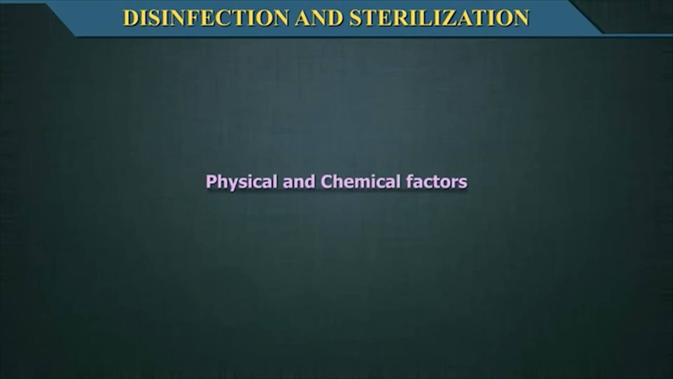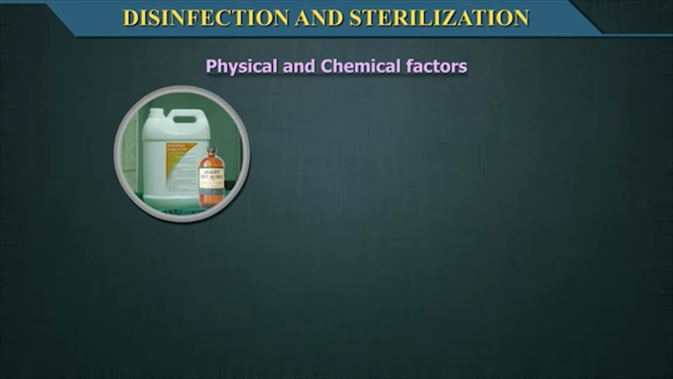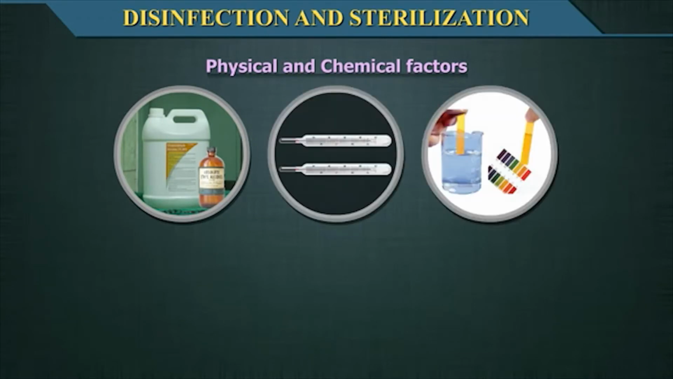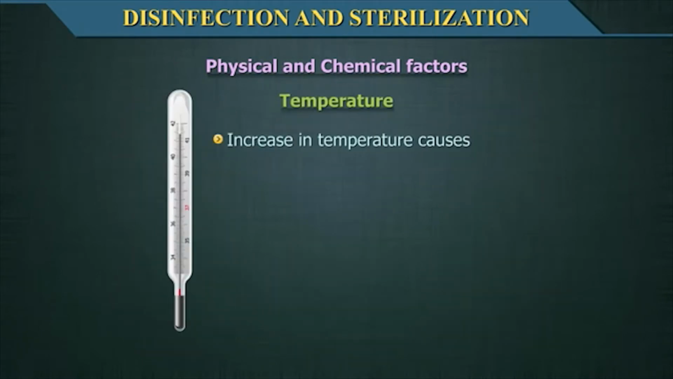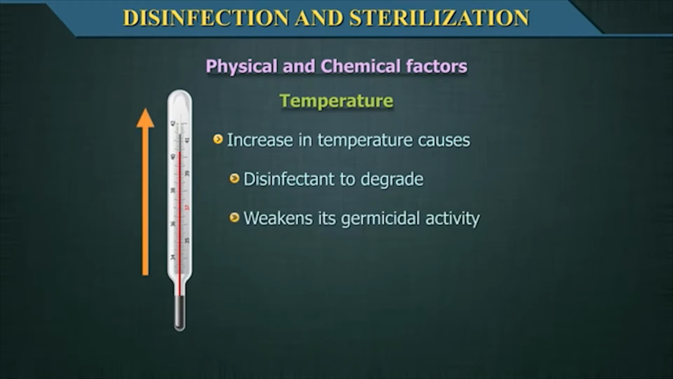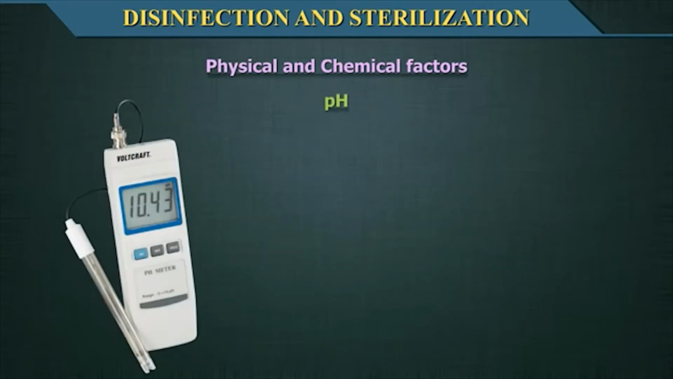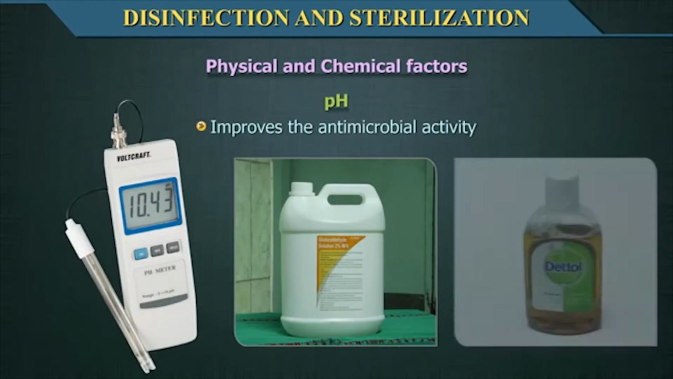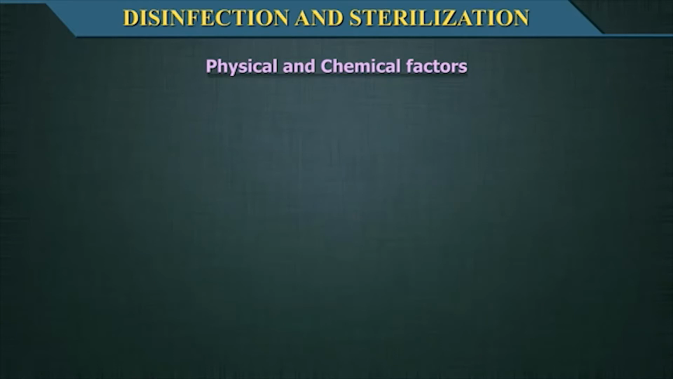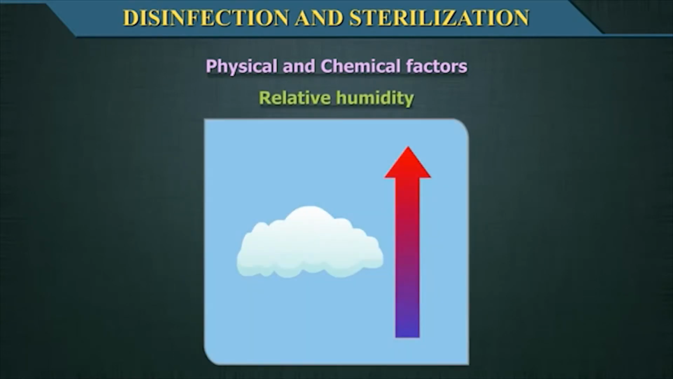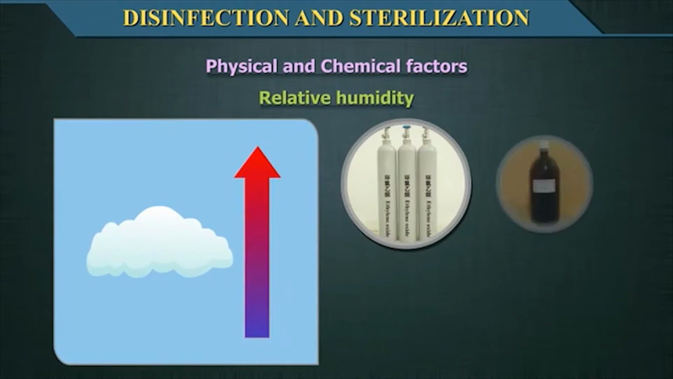Several physical and chemical factors also influence disinfectant procedures, such as temperature, pH, relative humidity, water hardness, and containers. A great increase in temperature causes the disinfectant to degrade and weakens its germicidal activity, and thus might produce a potential health hazard. An increase in pH improves the antimicrobial activity of some disinfectants, but decreases the antimicrobial activity of others. Relative humidity is the single most important factor influencing the activity of gaseous disinfectants or sterilants, such as ethylene oxide, chlorine dioxide,